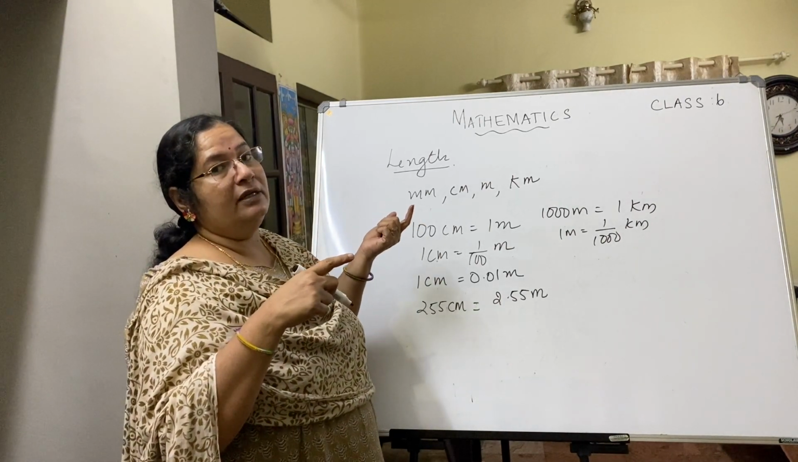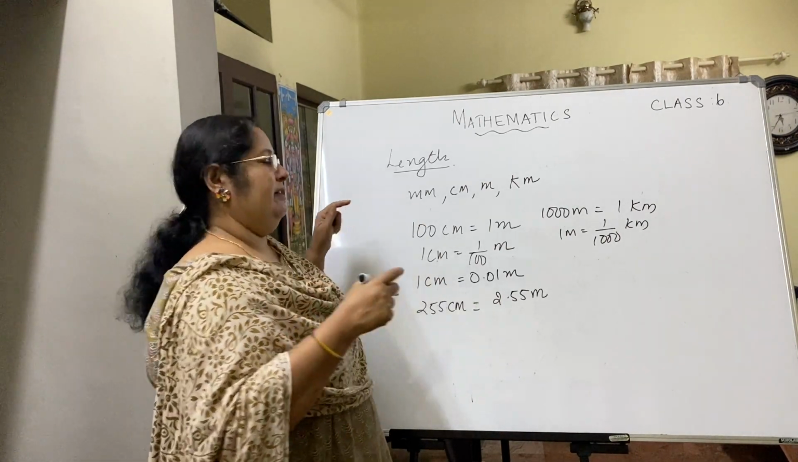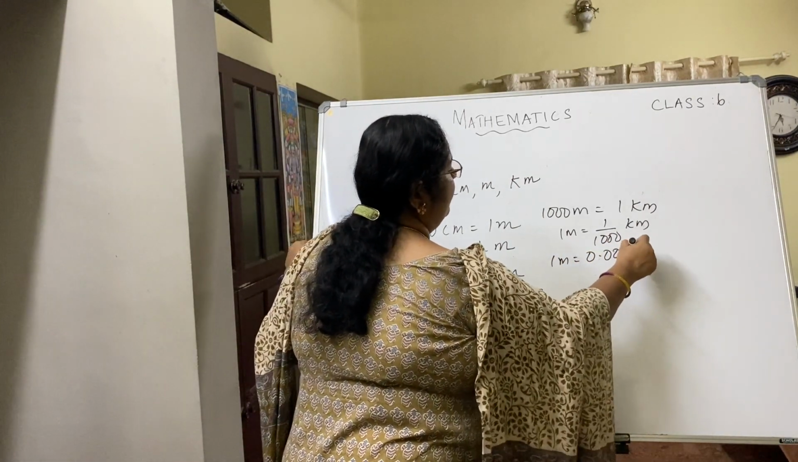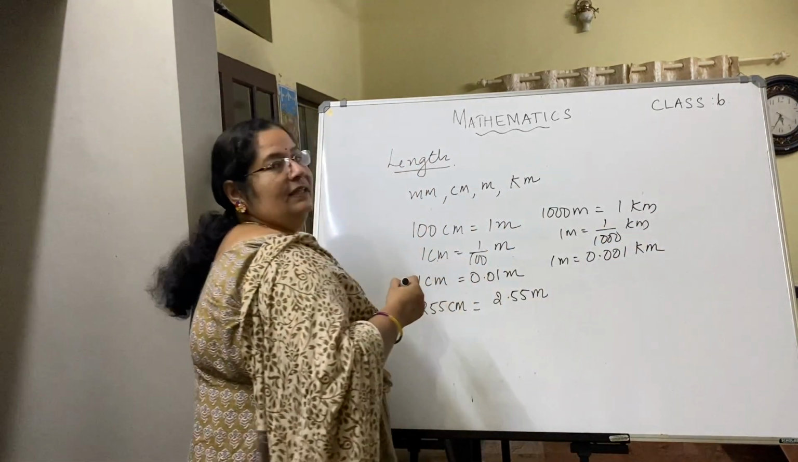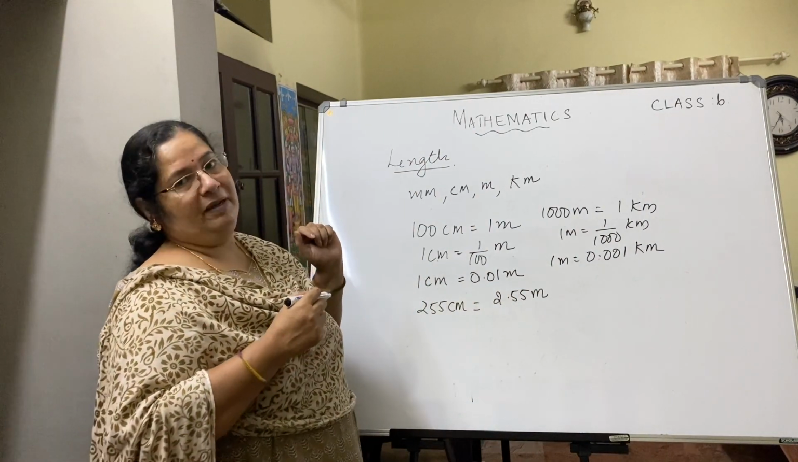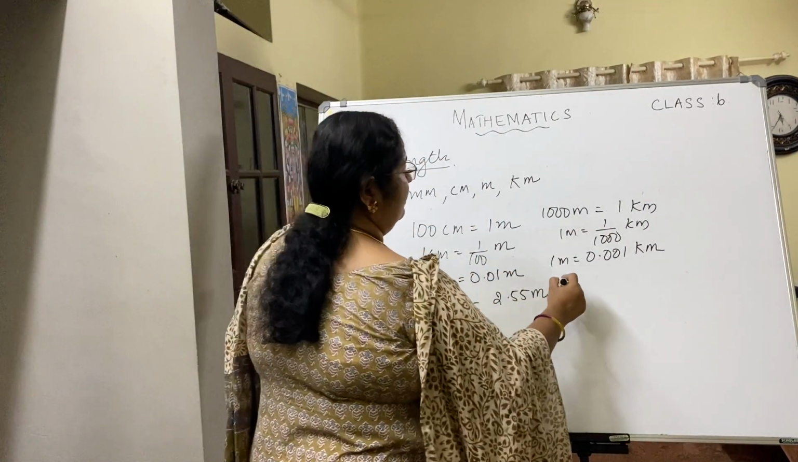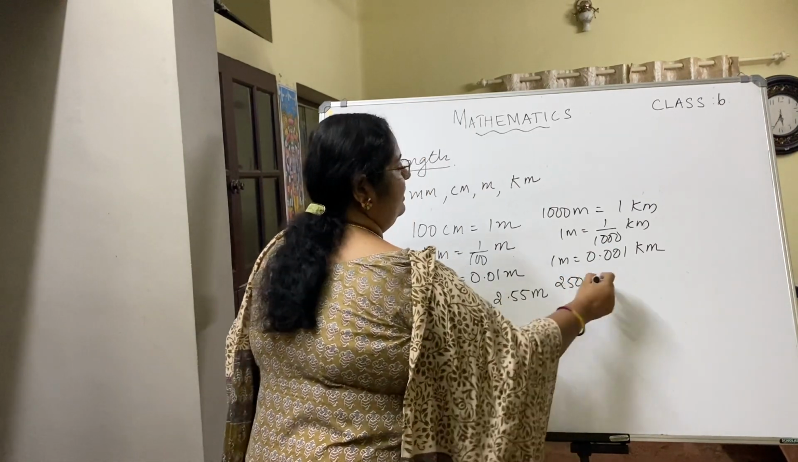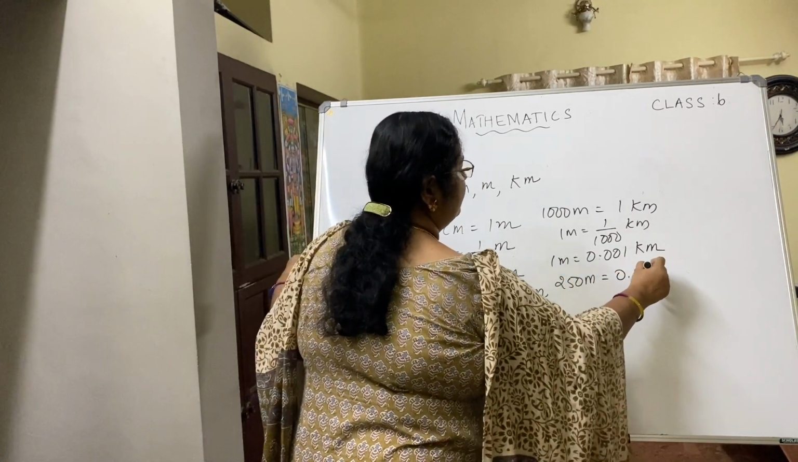Now 1 by 1000, when you convert to a decimal, how many places you have to shift the decimal point? 3 places towards the left. So 1 meter will be equal to 0.001 kilometer. So you are having 3 decimal places. So what will be say 250 meter? 250 meter will be 0.250 kilometer,